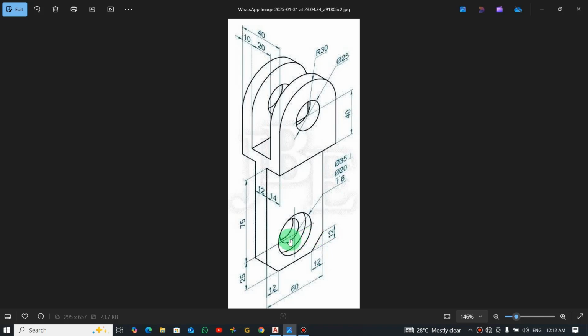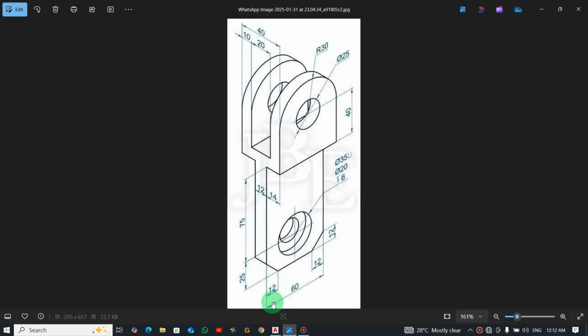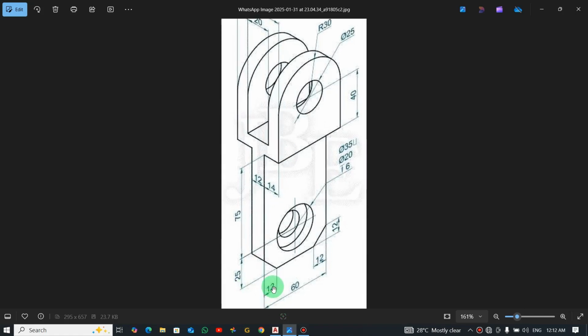Welcome back once again. In today's tutorial we are going to practice this isometric drawing in AutoCAD. Alright, so let's figure out the dimensions and we start. So if you watch this